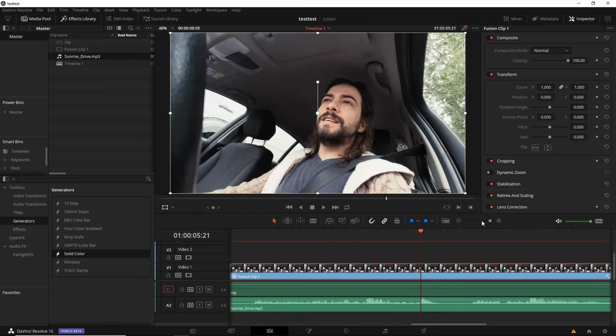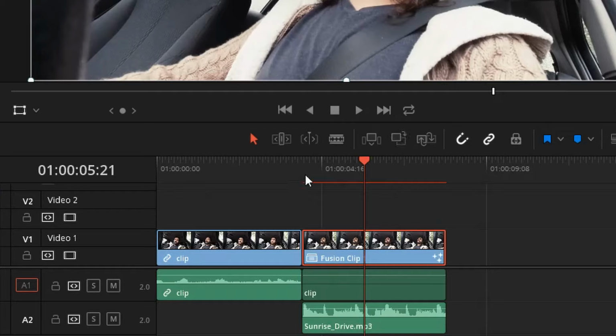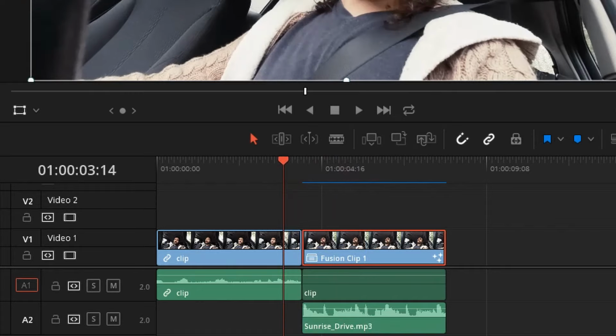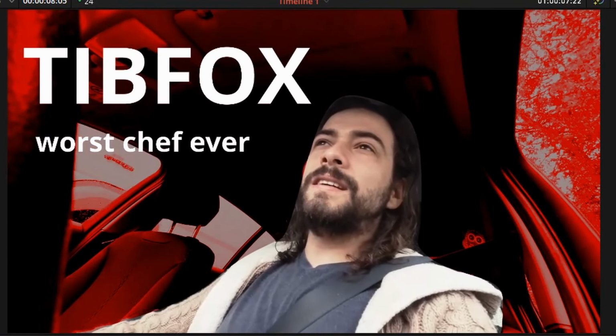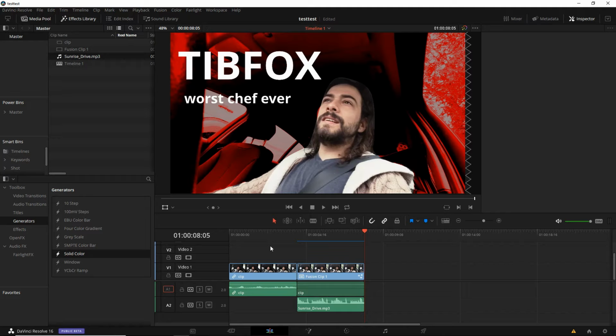Now you see it is rendering the Fusion clip. This can take some time. It depends on your footage, on the effects you're doing. But now it's over, and we can just preview the clip. I will cook something. So of course this effect is not finished now. I would tweak some hours on it, but I think you now are able to do it on your own